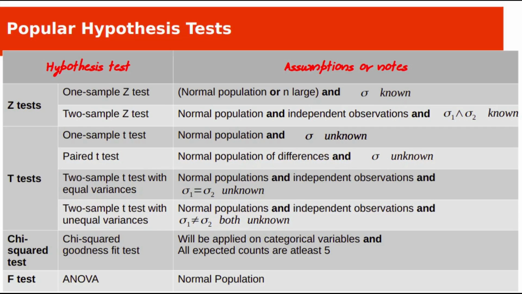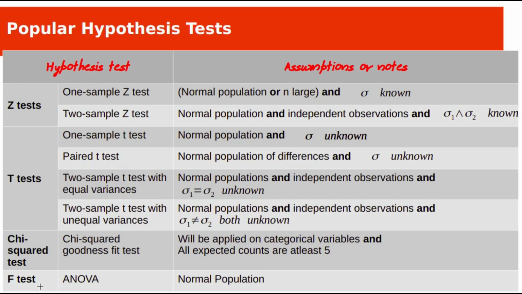In last class, we have seen type 1 and type 2 errors in hypothesis testing. So far, we have covered all basic concepts which are required for hypothesis testing. Today, we will see Z-test. There are many hypothesis tests, but in this course, we will cover some commonly used hypothesis tests: Z-test, T-test, chi-square